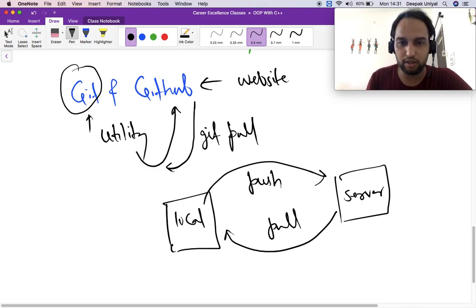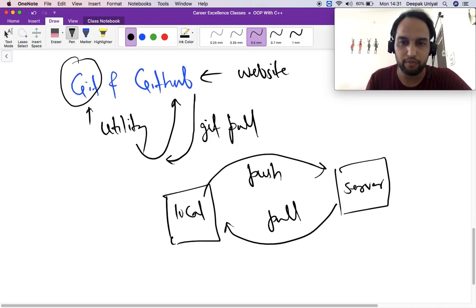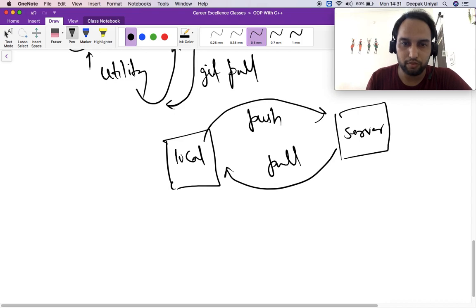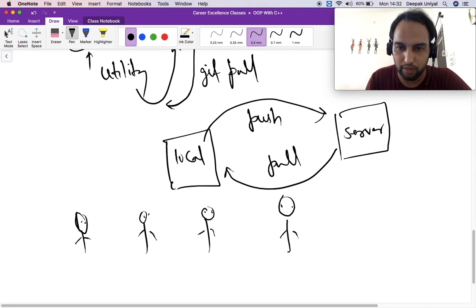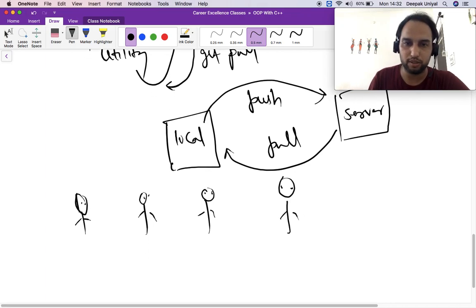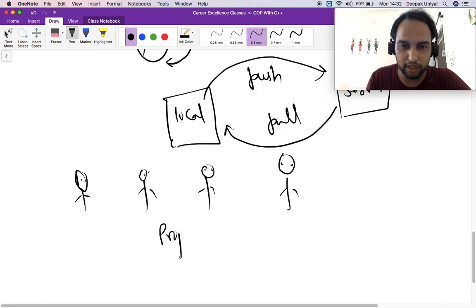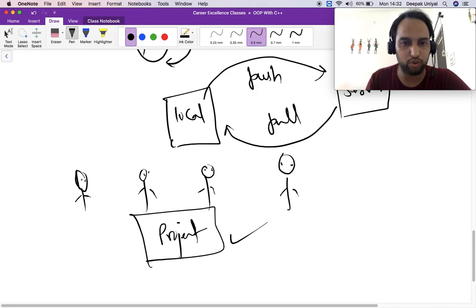But this is not the basic or final use of Git or GitHub. You can work with multiple people or multiple friends. When you are sitting at home, there might be 4 or 5 friends of yours working on the exact same project, or you might be working as a team.